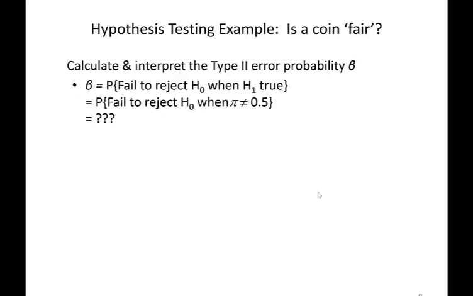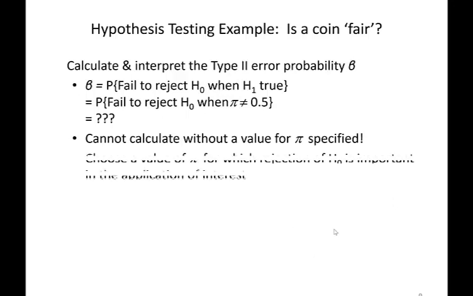So without more information about what the true value of pi is, we can't really do anything to calculate beta. So what often happens is that we use hypothetical values for pi and calculate the probability of rejection of H0